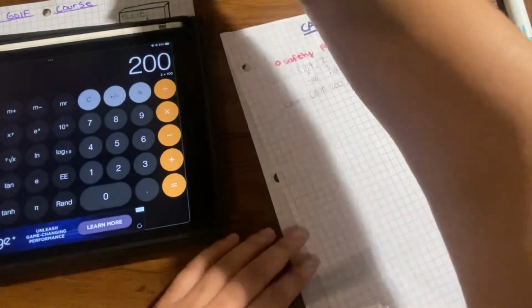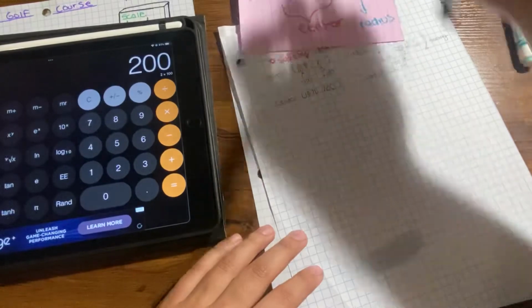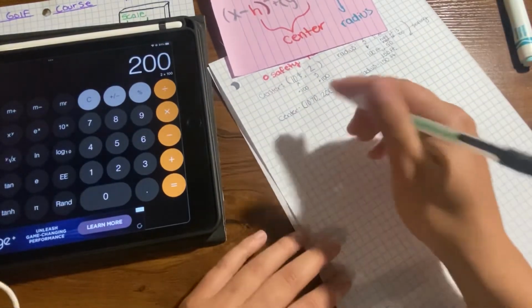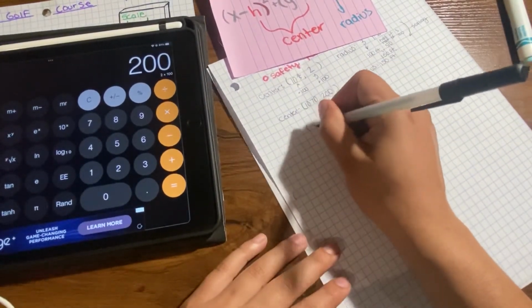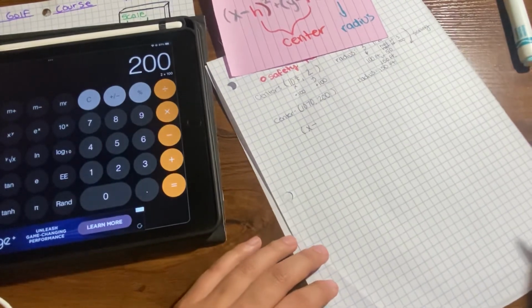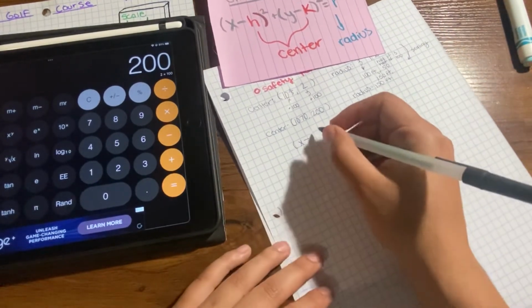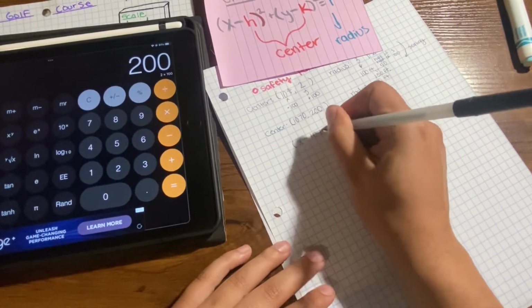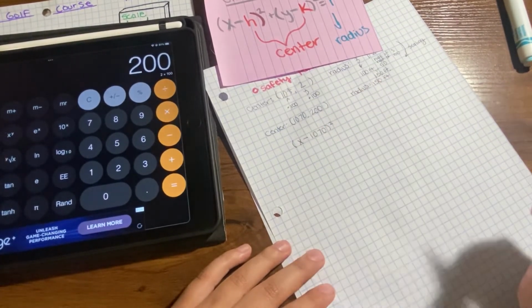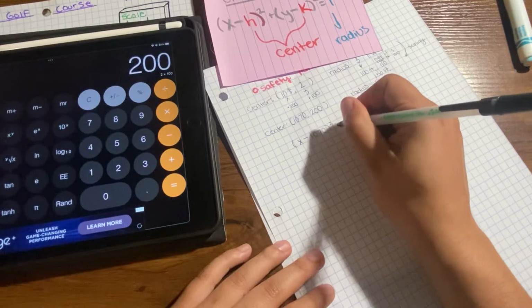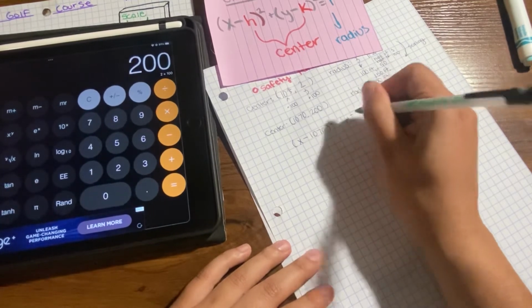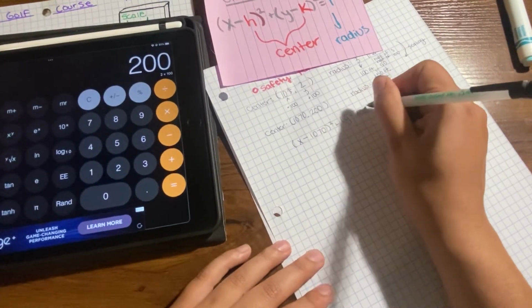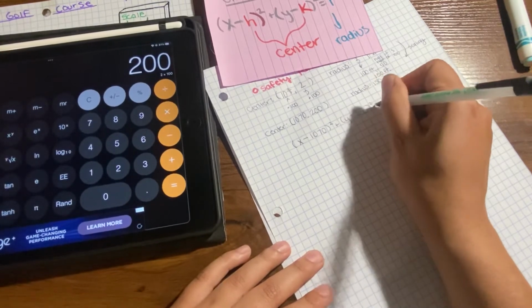So now I'm going to plug it into my circle equation. So it's going to be x minus my x value, so 1070, squared, plus y minus 200, squared, equals